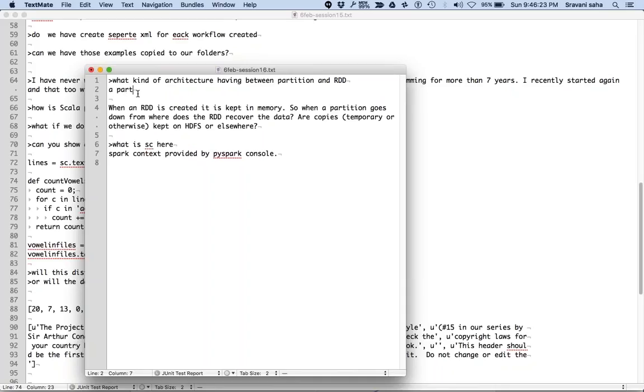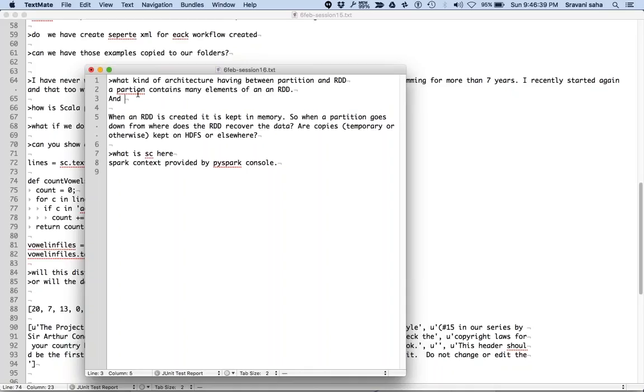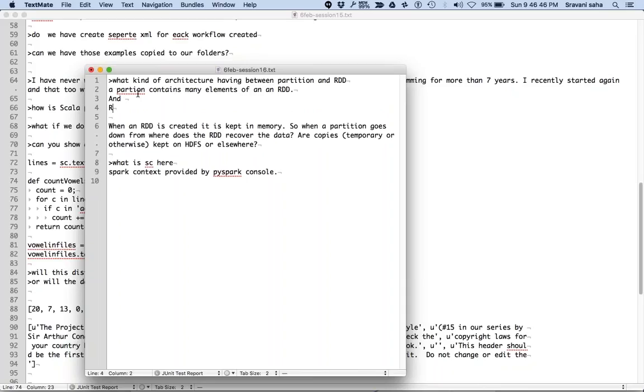Next is, what kind of architecture do we have between partition and RDD? So a partition contains many elements of an RDD. You can say that an RDD is made up of partitions, where each partition could be located on one computer, and every partition has a list of elements.